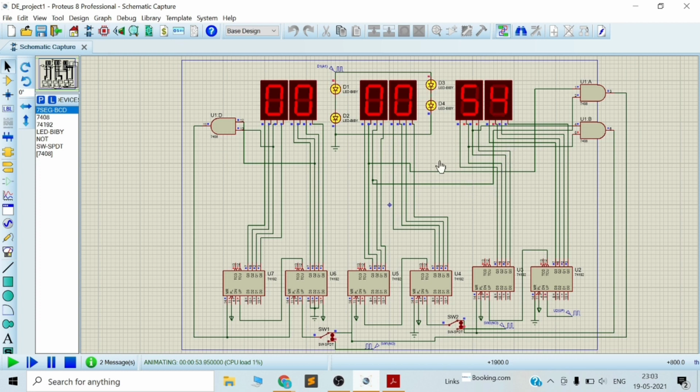So sir, the next block is the minute block. The principle of the minute block is somewhat similar to the second block, since it also counts and displays up to 59 only. But the key difference in the minute block is that we have used a switch. This switch is used in the minute block to set the correct time by allowing the pulses of 1 hertz frequency. The frequency is coming from the clock directly to it.